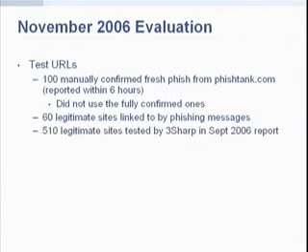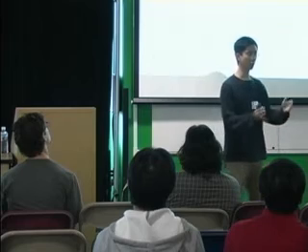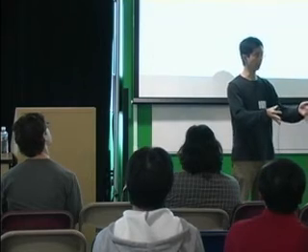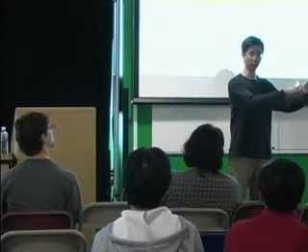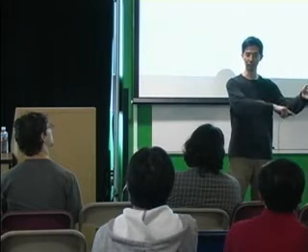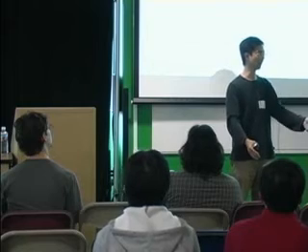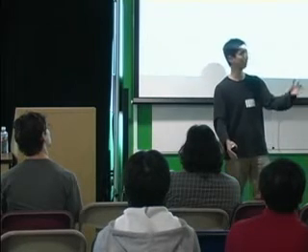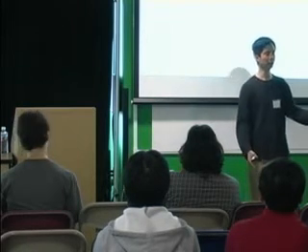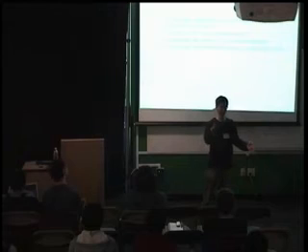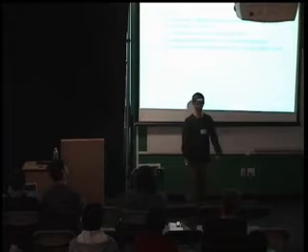Oh, next one. How did we actually get our URLs? We used 100 manually confirmed fresh phish from fishtank.com. Fishtank actually has a staging area for URLs. Whenever a person submits a URL, it goes into one area. Then somebody else, or several people, have to validate that it actually is a phish. And then that goes onto their main feed. We use the unvalidated feed currently. The reason for that is that we believe some of the toolbars already use the validated feed, so we want to make sure we didn't have any kind of crosstalk there.